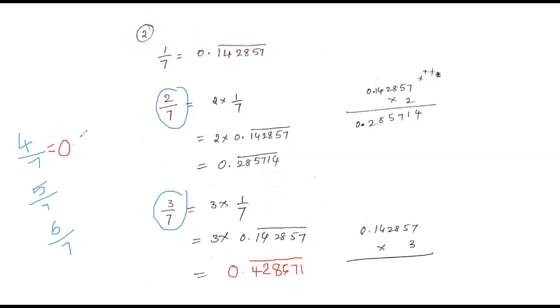Soumita, ready, next answer. Sir, 5 by 7 is equal to 0.71. One second, Soumita. Let me write this answer. 0.571428, Aditya, 1428. Yes, sir. Yeah. Soumita, now tell me the answer. 0.714285. Very good.